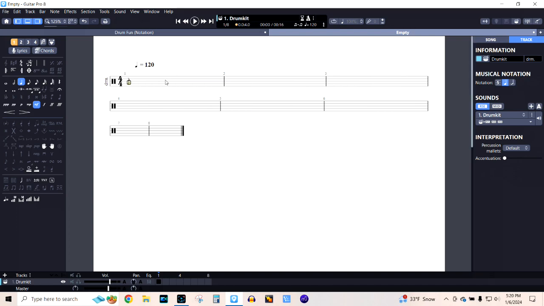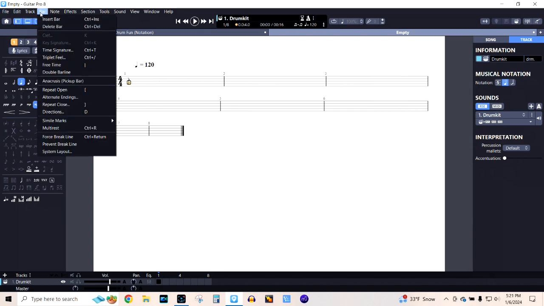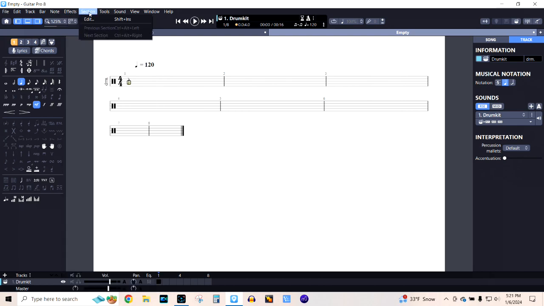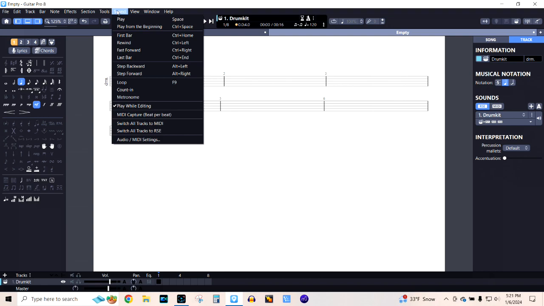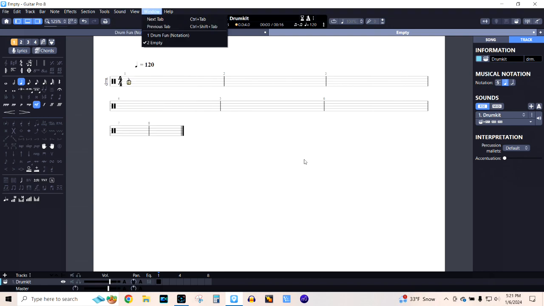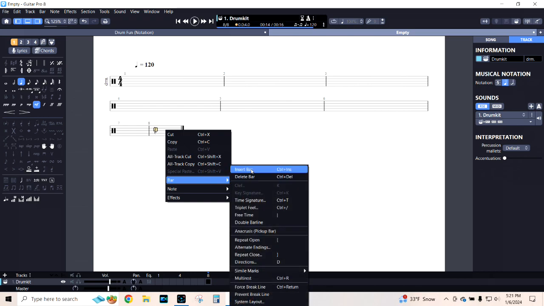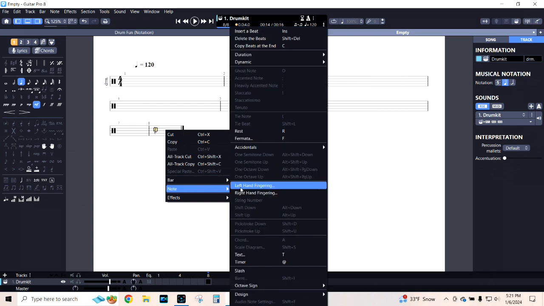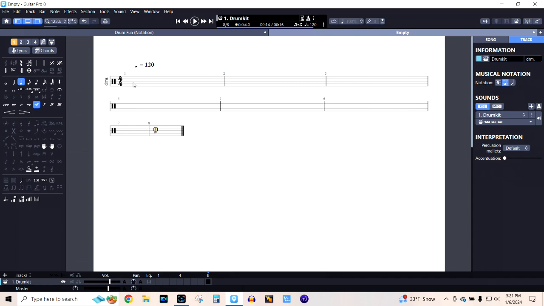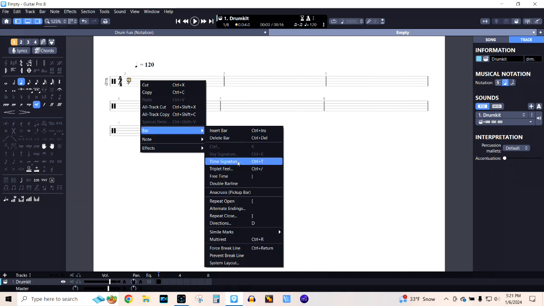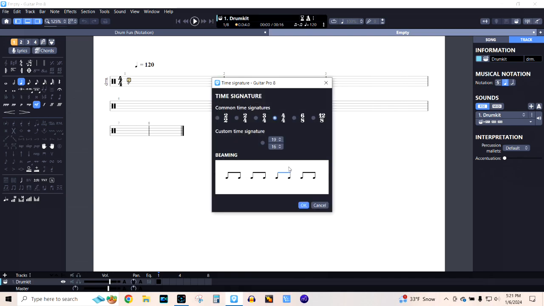So as you can see, there are a lot of different bars, tracks, notation. You can do a lot of the same things different ways like most programs. I like to right click a lot. It's just easy to go bar, insert bar, time signature. So say I click into this 4/4 time bar, time signature, and say I want to change the time signature. I'll go to bar, time signature, and let's pick